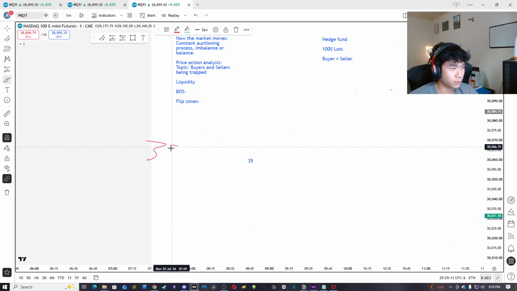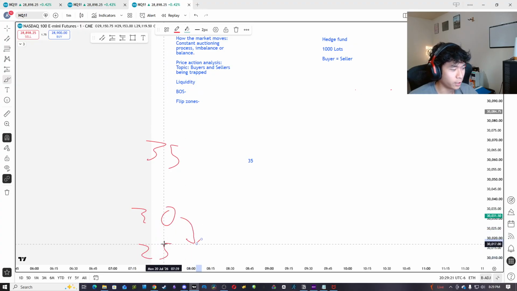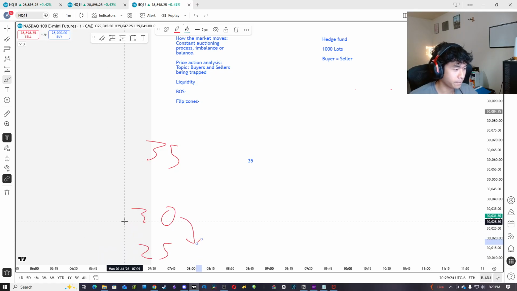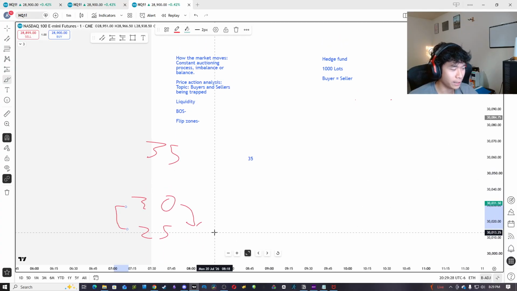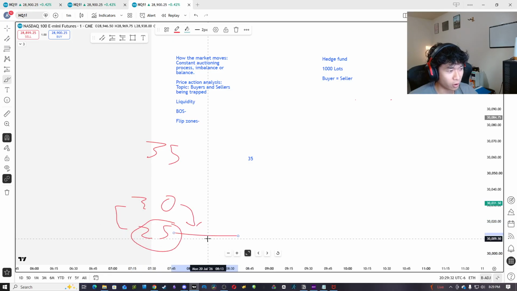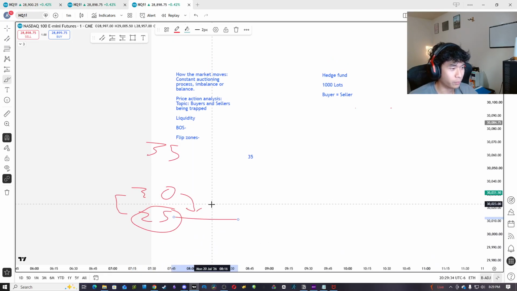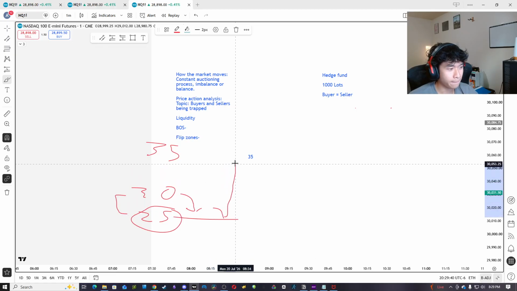If price wants to go to 35 bucks and you're sitting short at $30, you want price to hit like $25 if you're a seller, because you want to profit the difference of this. But you can become liquidity if there are more people buying at $25 than there are people selling, right? So if price never reaches $25 and it ends up going up before you hit your take profit, now you're